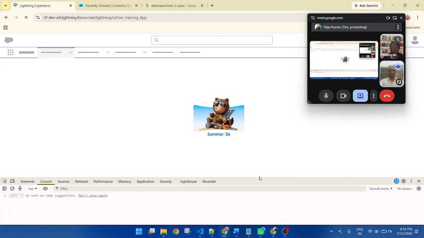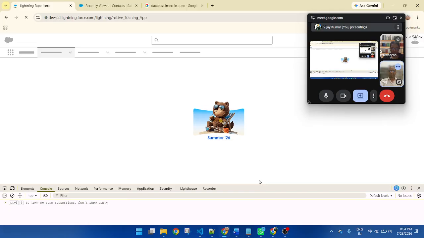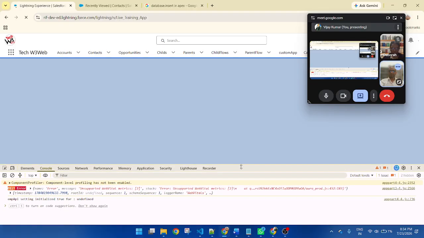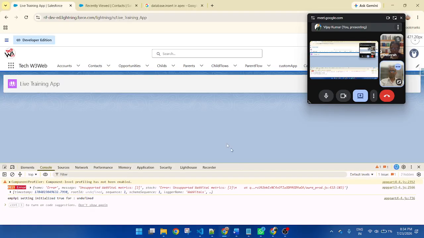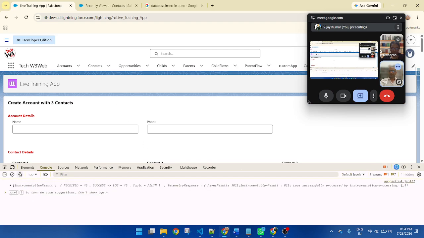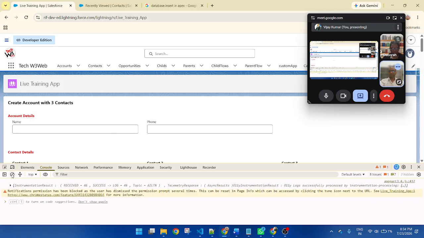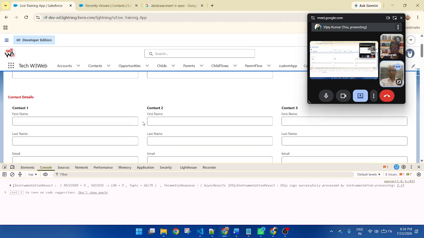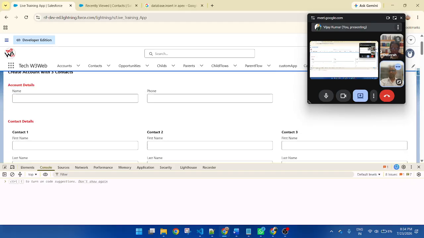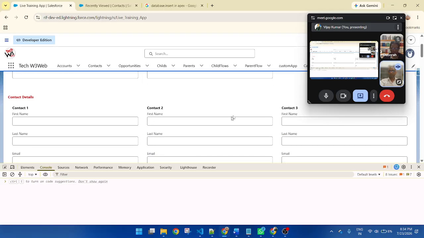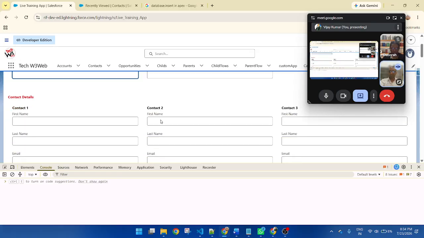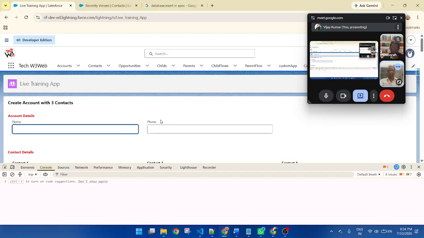Let's refresh the page. Okay, clear the console. Now this time I will fill all of the form. When I click on the button, all of the values will display in the console. If values display in the console, that means my function is working well.